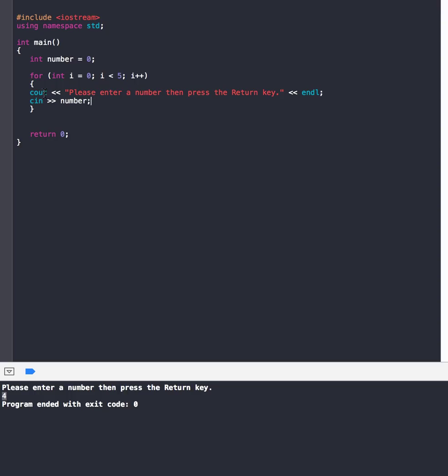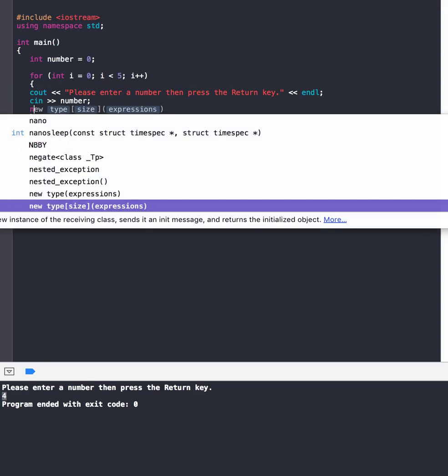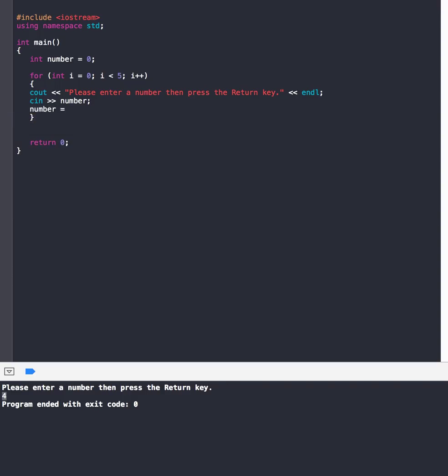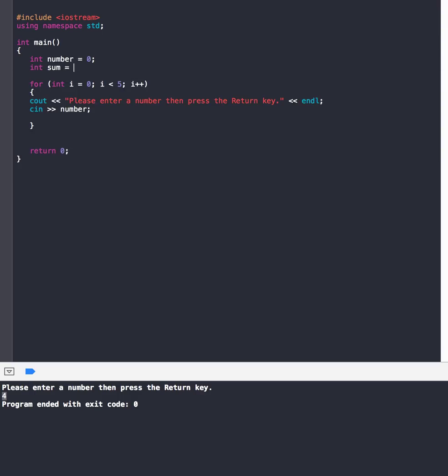So right here, we are putting a value into the storage container called number. This is just a box, remember? Then what I want to do with number is, let's see, number equals, I know what we could do. So let's create another variable right here called integer sum. What this is going to do is